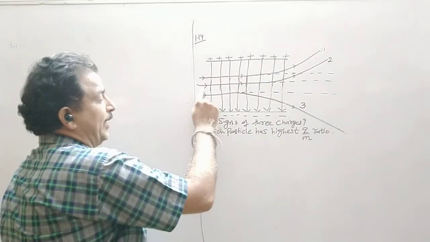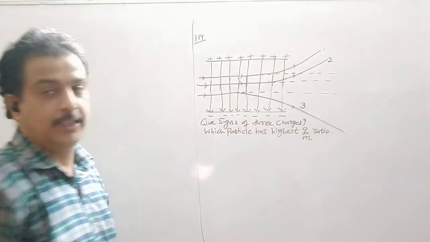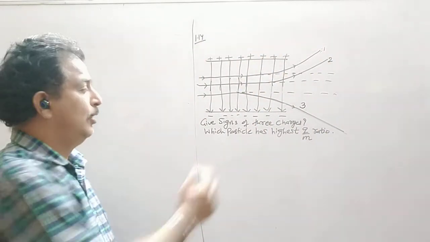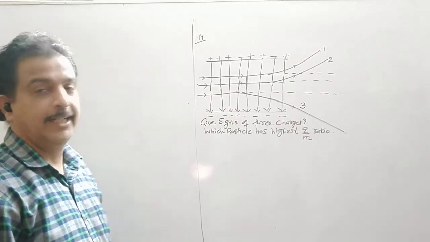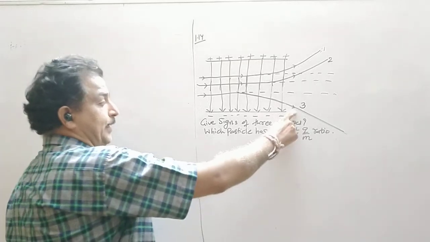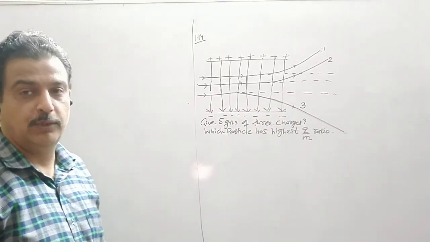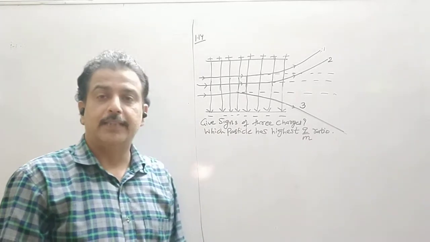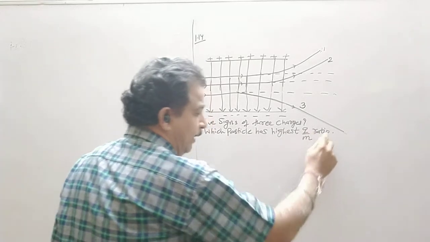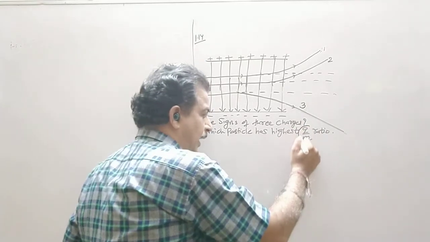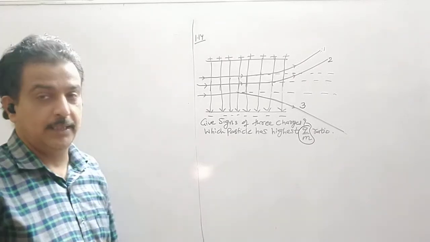Similarly, particle 2 which has to move in a straight line has been deflected again in the upward direction, that is it moved towards the positive plate or it moved away from the negative plate. So again particle 2 should also be a negatively charged particle. Particle 3, it has moved towards the negative plate, so it should have a positive charge. So it is very simple to determine the sign of the charges. Again it says which particle has highest Q by M ratio. We will discuss this Q by M ratio in our exercise only. We have some questions related to this. For the time being,